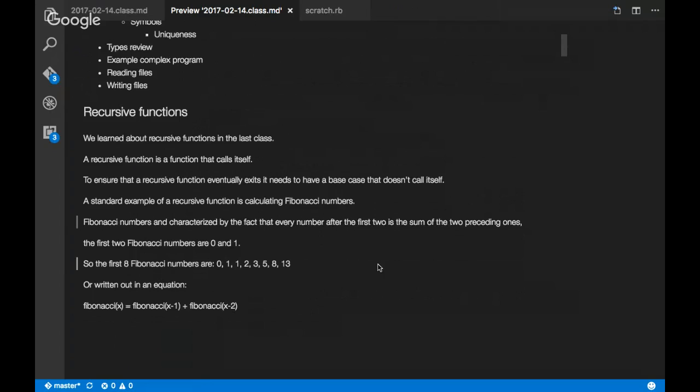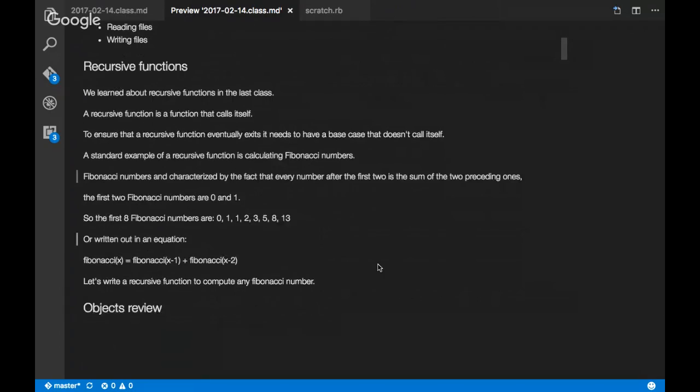So remember, when I talk about special cases, that should make you go immediately back to what we talked about in recursive functions, which is you always need a base case when you're writing a recursive function. You always need a way out of calling the function again. So that sounds a lot like Fibonacci of 0 and 1 would be ways out, things that you'll return that aren't calling it again. So let's go ahead